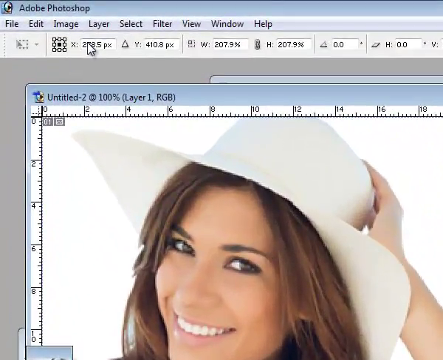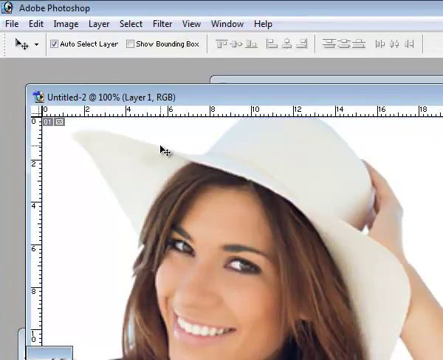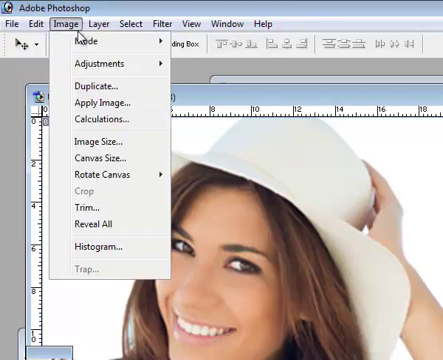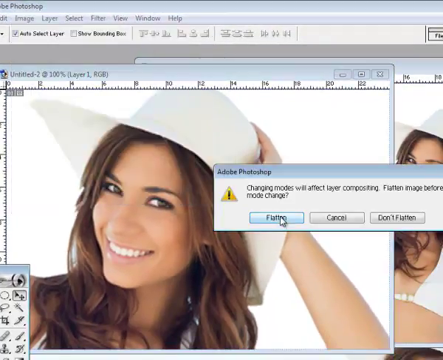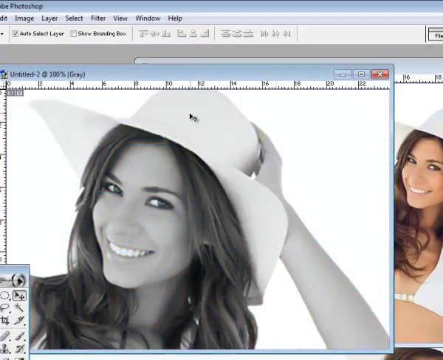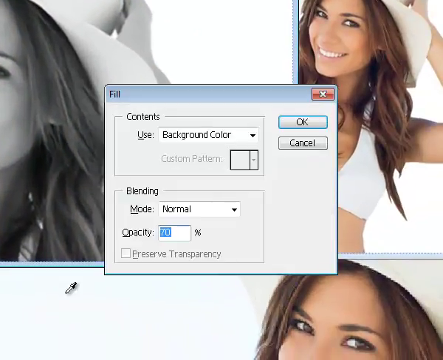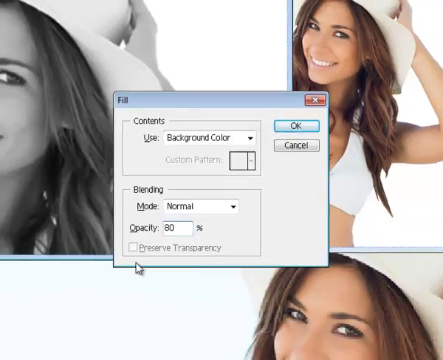Then I'm going to Image, Mode Grayscale. Flatten the image, then the Fill palette, Shift Backspace to access, opacity 80, I've got the background colour set to white, OK that,